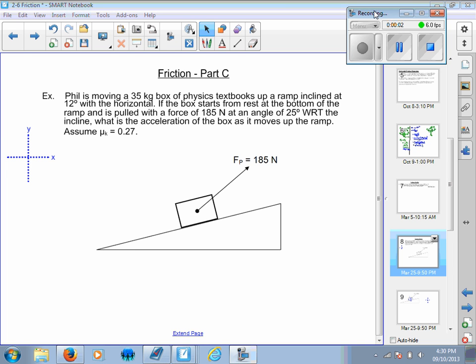So now we're going to tackle the toughest of the friction questions, which is friction on an inclined plane. We have a mass that's sitting on a ramp, so the plane that it's sitting on is inclined, and then there's a force that's on an angle with respect to the inclined plane. So this is friction part C, the third practice problem in your handout, and this is going to take